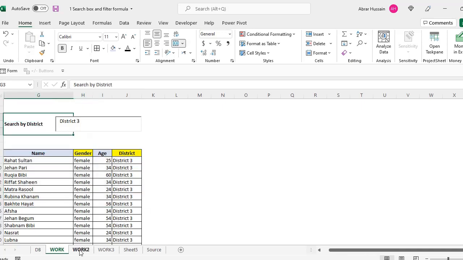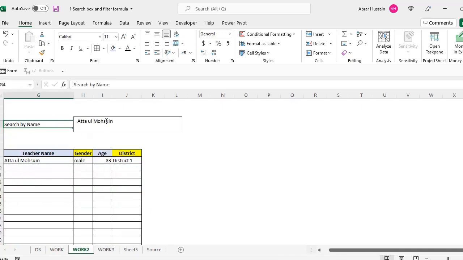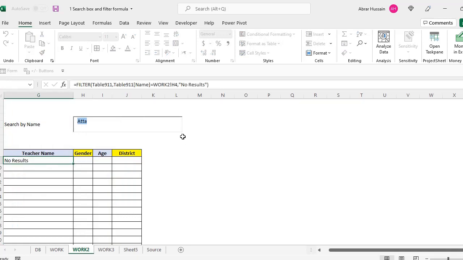For example, if you want to do this by names, if I just add here Rahmatullah, it gives me four names by Rahmatullah, meaning there are four names in your database by this name, and there are some age differences, and district is also the same here. If I type Ahmad, all those names with Ahmad should appear.